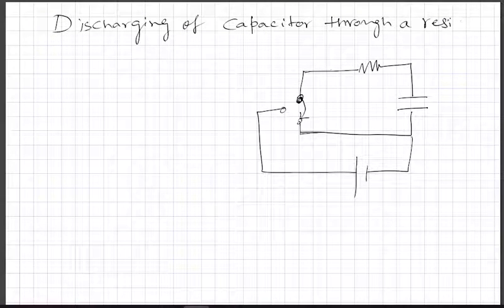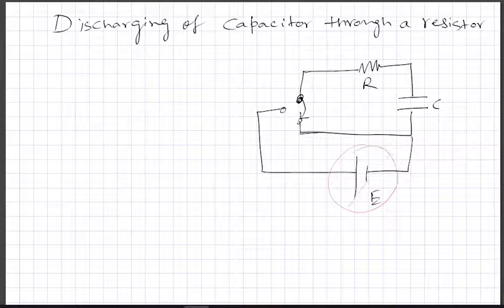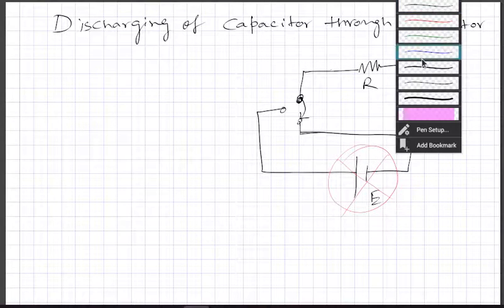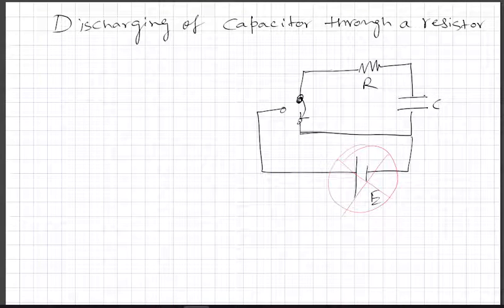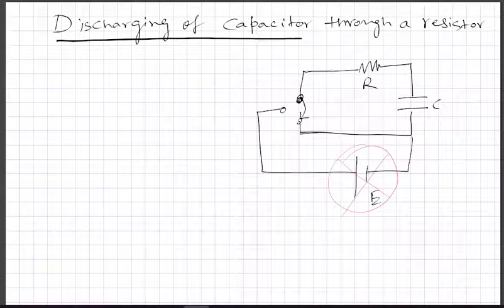You remember, you can see in the circuit there is a resistor R, capacitor C, and now E is not included, so you can basically ignore it. So that is how the circuit now looks. We can start studying this. So first you connect the circuit to the battery here.